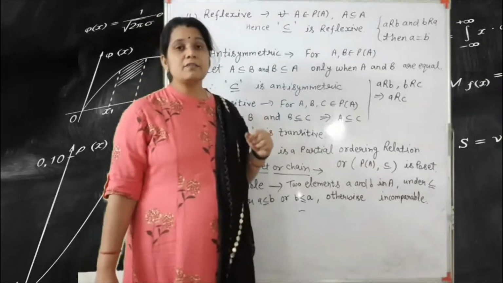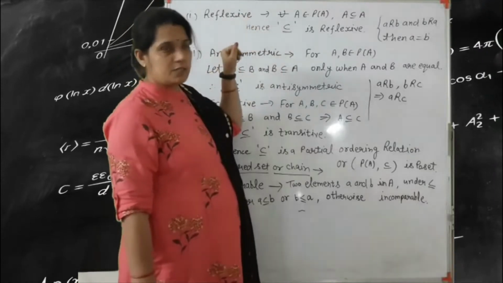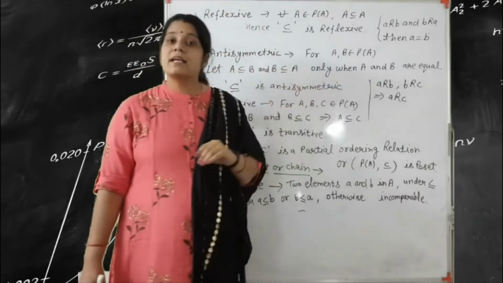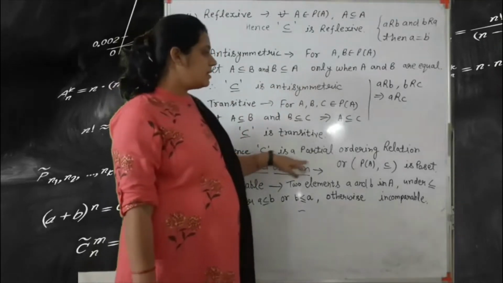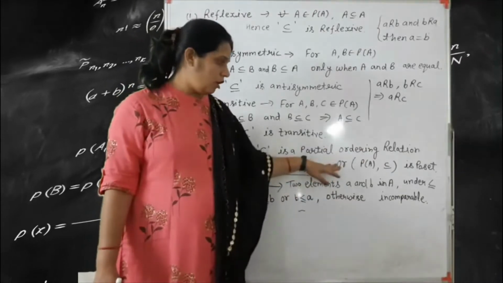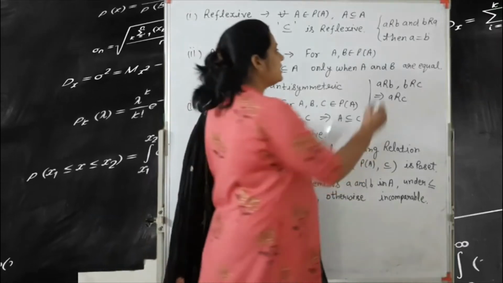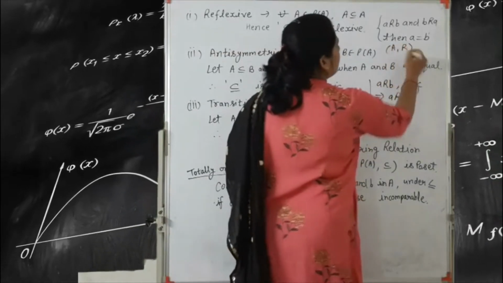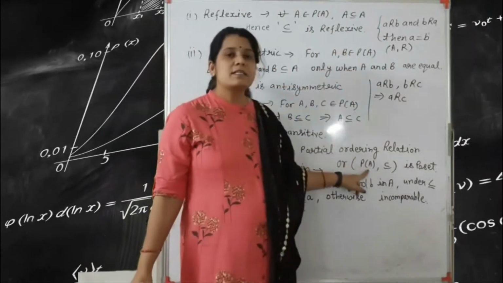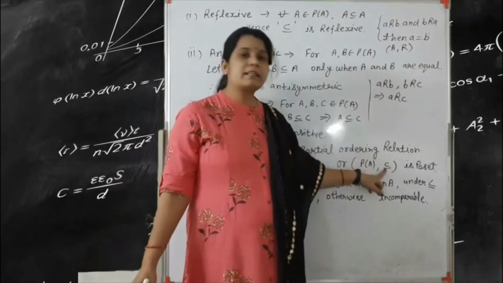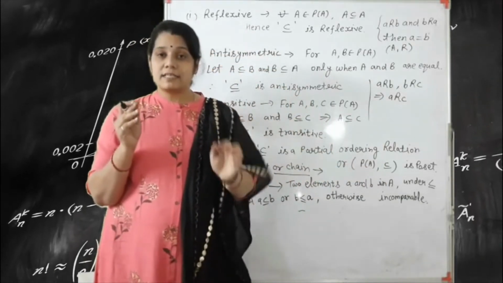That means here we prove that this sign, subset or equal to, satisfies the reflexive, antisymmetric and transitive properties. If all these three properties are satisfied, then we can say that it is a partial order relation, or according to notation, we write in brackets A comma R. Got it? We have previously seen A comma R. A means set, and R means relation. So this is the notation for writing the partial order set, or poset.